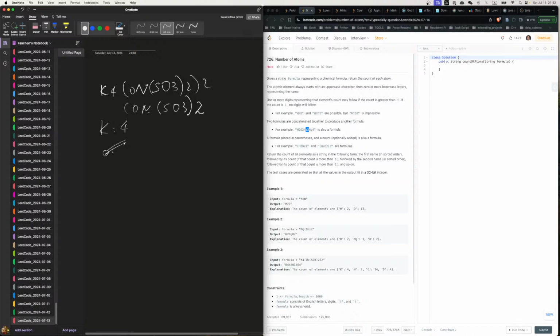Okay, so we'll do a little counter. So this is actually going to be O1, N1, S1, O3, right parenthesis, right parenthesis. Hold on, let me think. If you have a right parenthesis,